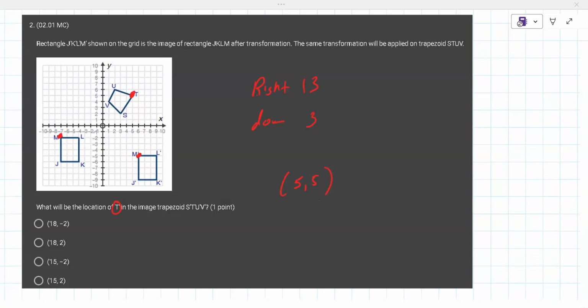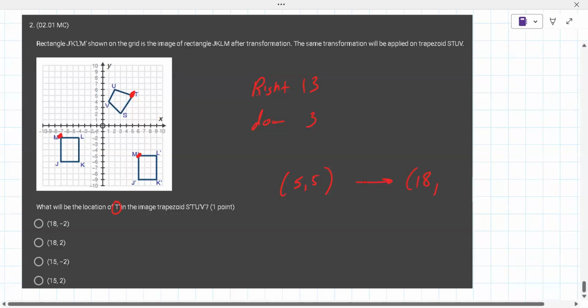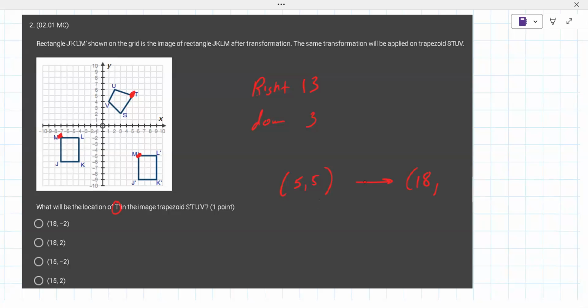Oh, you go right 13 with the T. Yes. So it'd be 18. And then you go down 3. It'd be 2. So +18, +2. You got it. All right. So we do have to stop there for